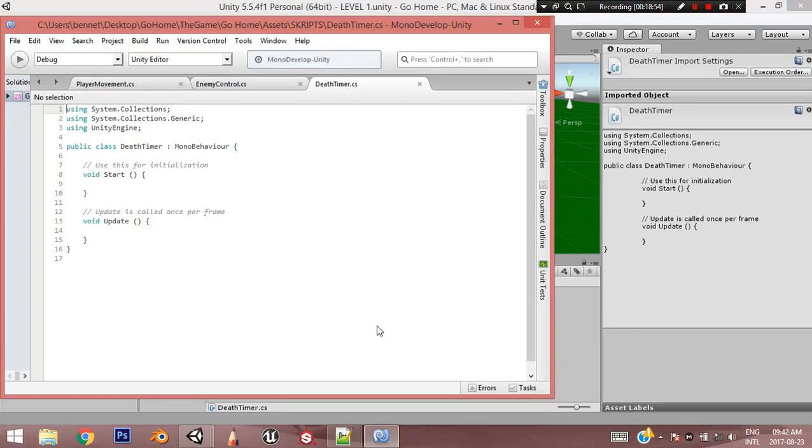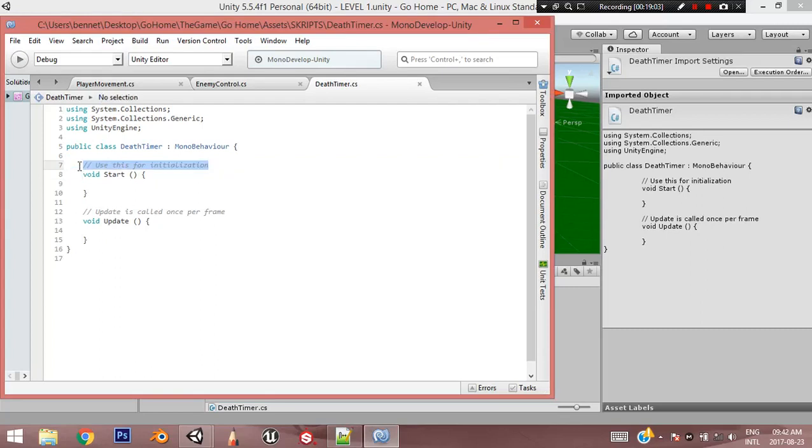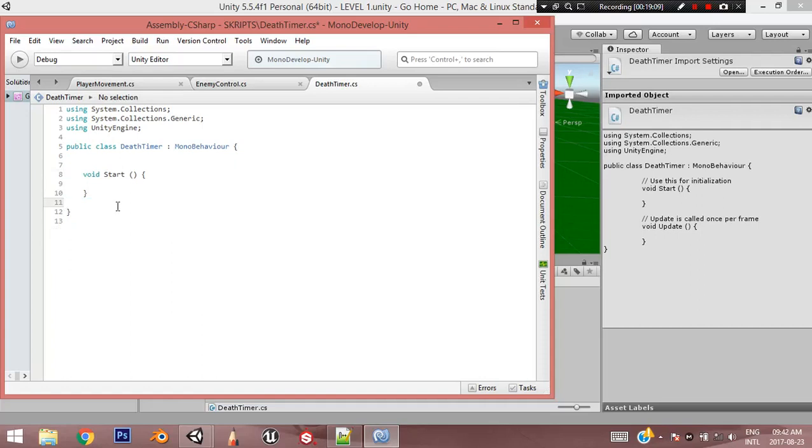and open it up. Then, as simple as you can think it would be, we're going to do it just that simple. We're going to remove that and remove Update, and we're going to add one value. That's going to be a public float lifetime,